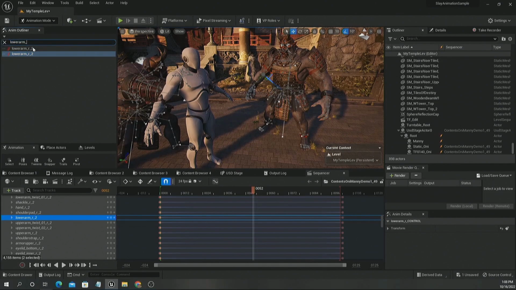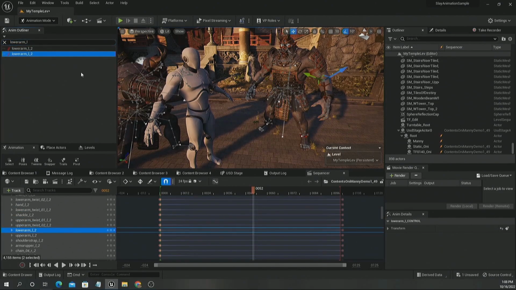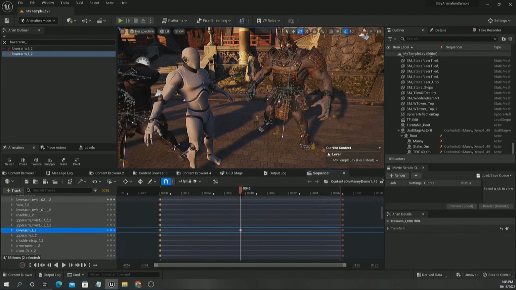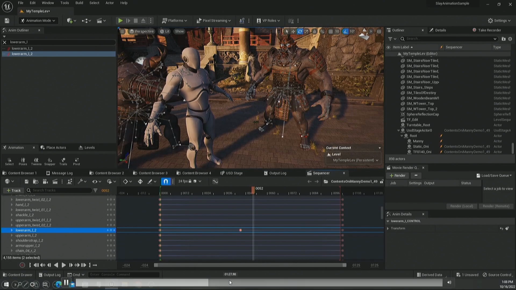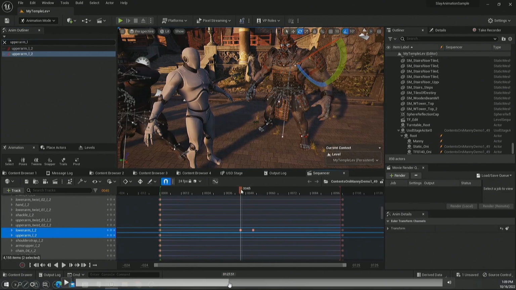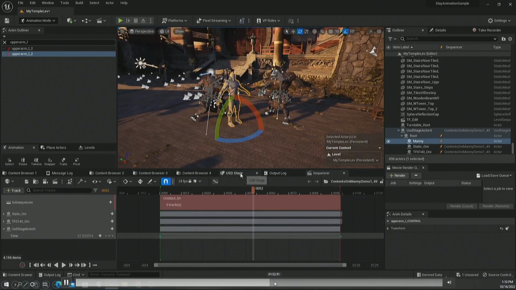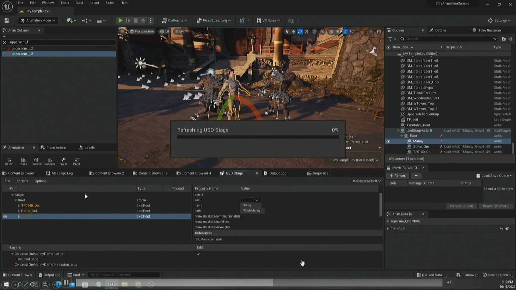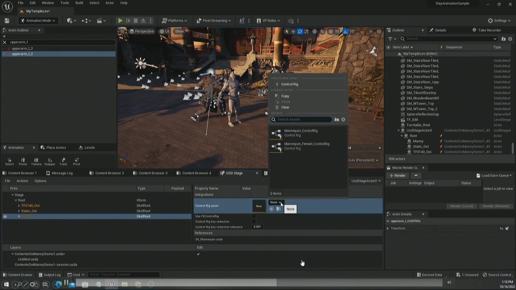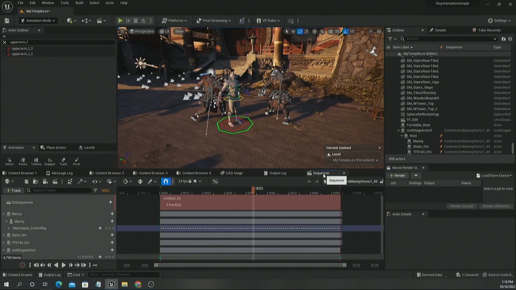And then as we move forward on this, okay, if we grab this guy and set up a control rig, he actually has a full control rig.